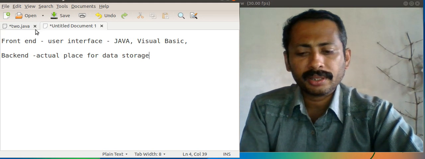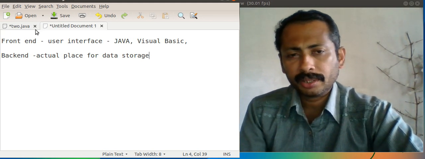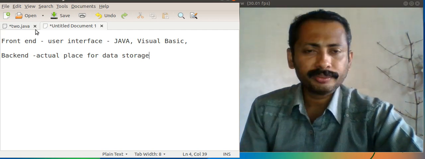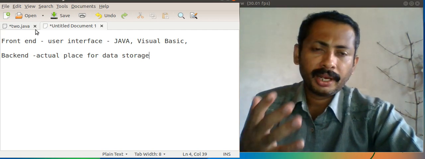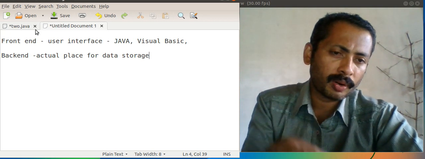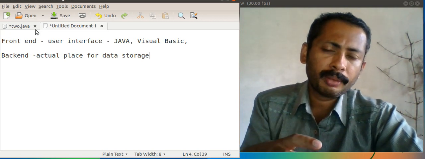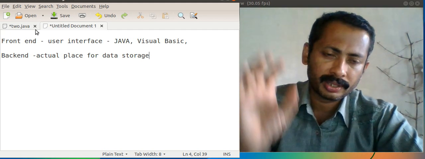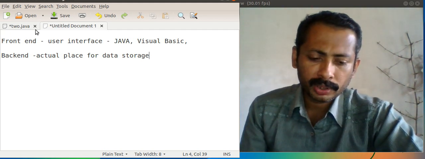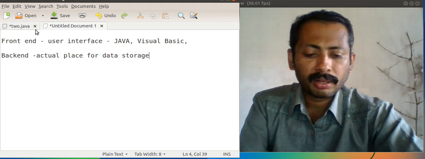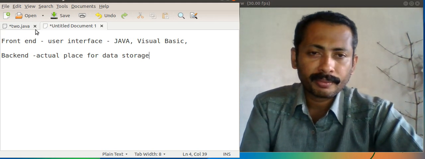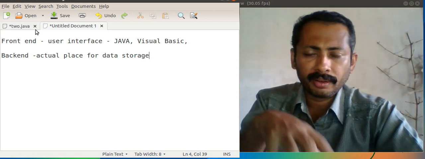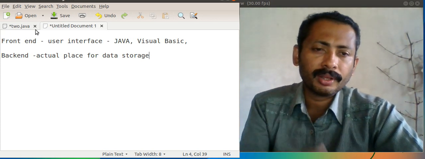Online system means my system is hosted or stored in a server, and multiple users will be using it from different places, and depending on my firm's aim,